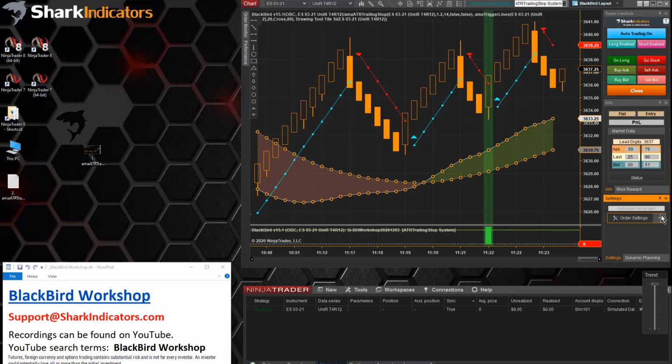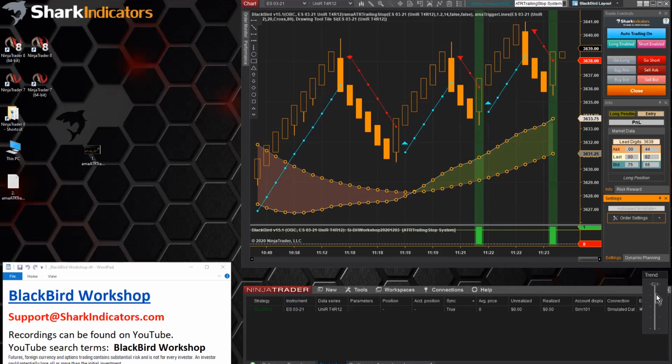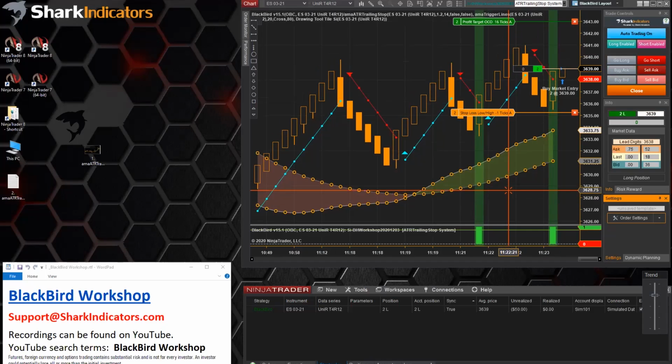Okay, so again, just a reminder, because we're using BloodHound signals to automate this, you need to have the auto trading button on. All right, so we should get a signal here in just a moment. And there we go. All right, so our stop loss is one tick below the low. And so once this bar closes,